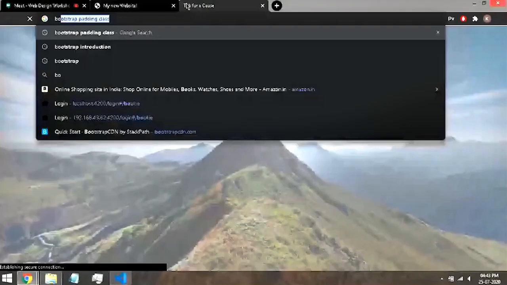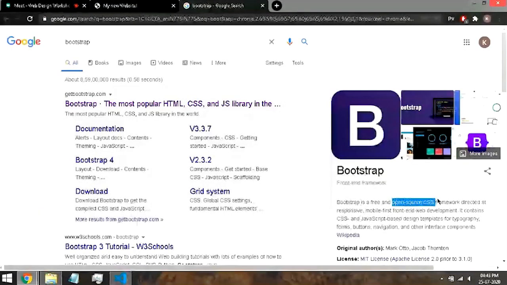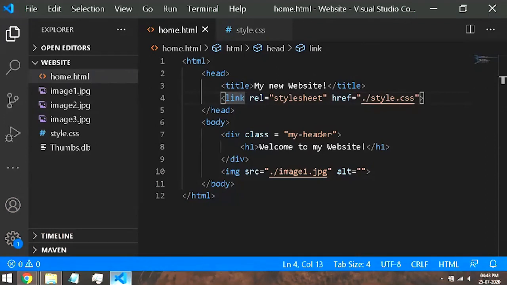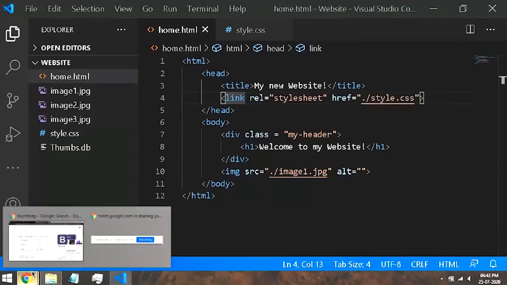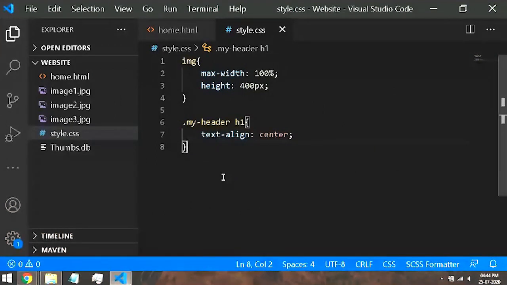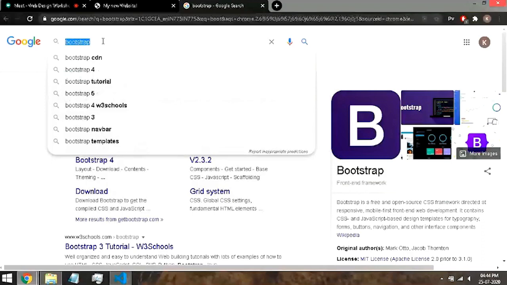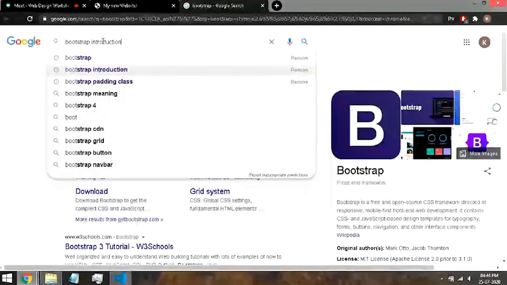So let me tell you what Bootstrap is and why it is used. Bootstrap is an open source CSS framework. What does this mean? Open source means that it is completely free. You can use it whenever and wherever possible for free. No one is going to ask you. And as they say, it is a CSS framework. So basically, Bootstrap is completely written in CSS. If you include Bootstrap into your web page, you are just giving it a name of Bootstrap, but at the end of the day, you are including CSS files only. So let me just show you how to include Bootstrap. And why is Bootstrap used?